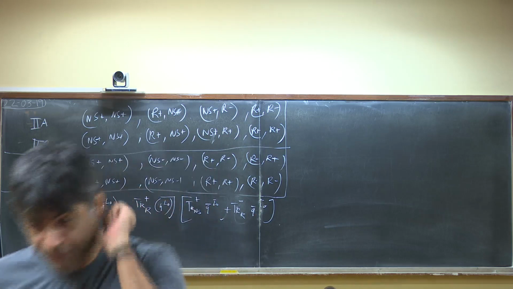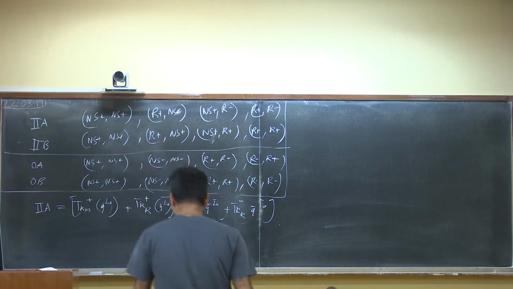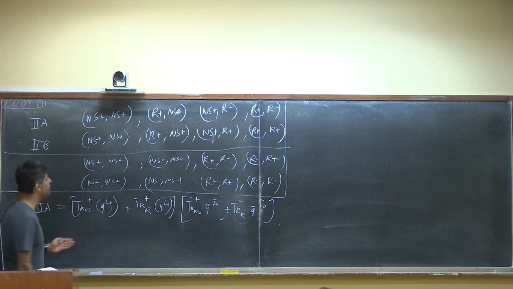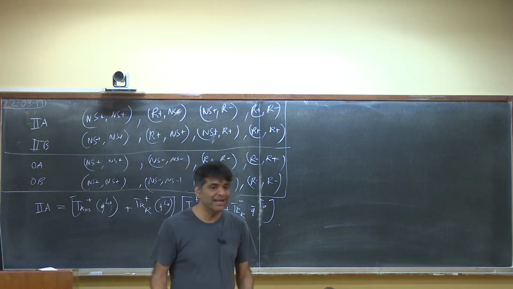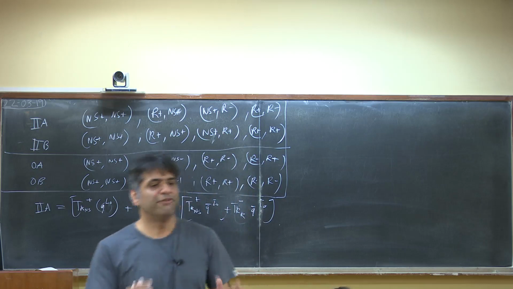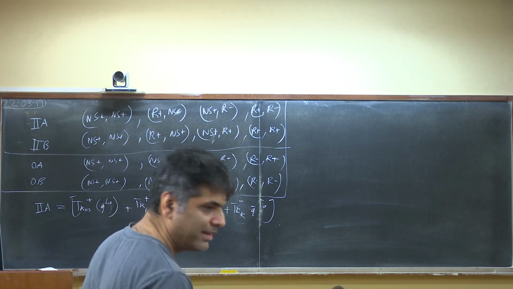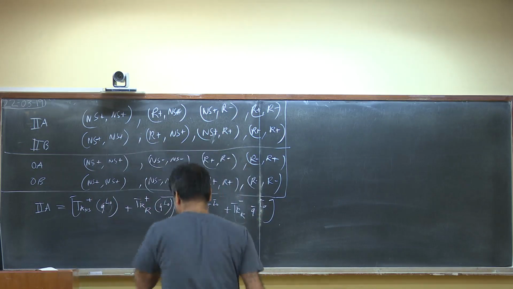Okay? So in order to study the modular transformation properties of the partition function of the type 2A or type 2B theories, we can do that study case by case. So we can first look at the modular transformation properties of the left moving part of the partition function, and then look at the modular transformation of the right moving, because it's a product of partition functions.